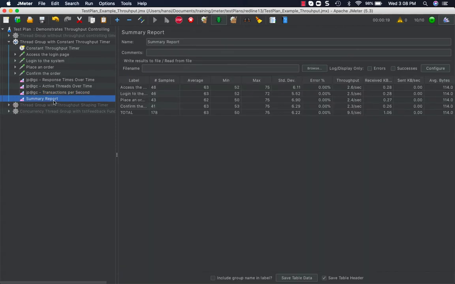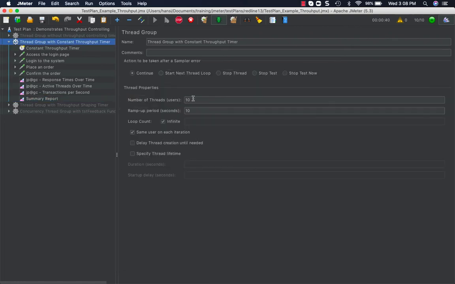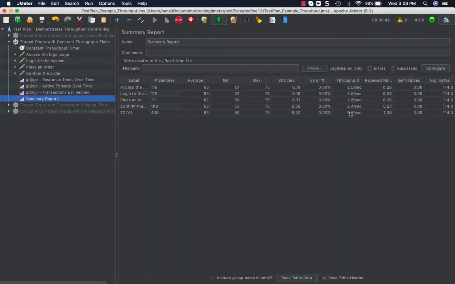If you go to the summary report, you can see how it works. It tries to keep the overall transactions per second around 10 by pausing the threads. Here you need to ensure that a sufficient number of threads are available to simulate the required RPS.